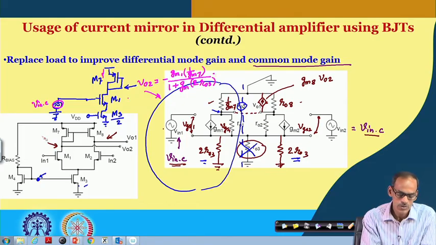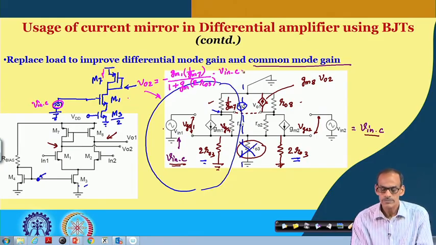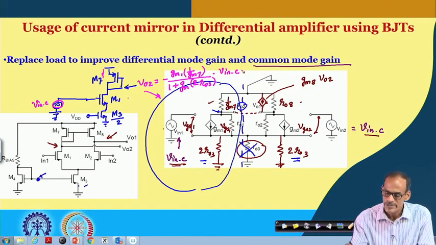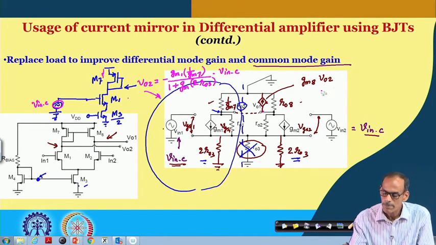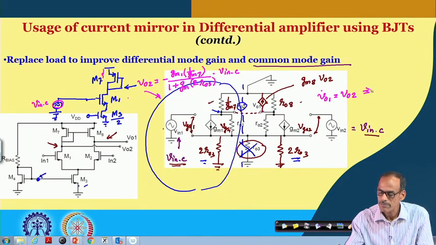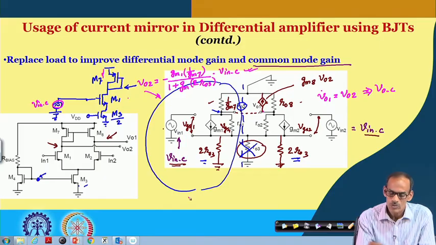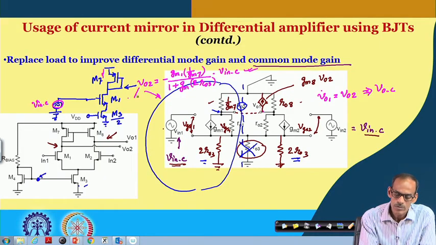So, this goes into whatever input signal we are applying, V in C. In fact, as I said, the voltage here also will be the same. So, we may say that VO1 under common mode operation is also equal to VO2, and that gives us VOC equal to the same as whatever we have obtained here. So, this is equal to VO common mode,